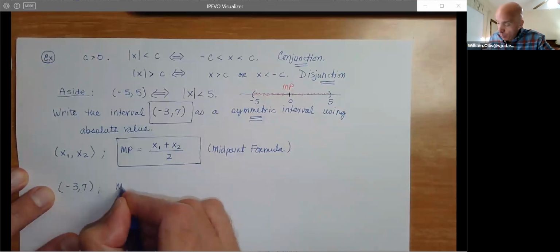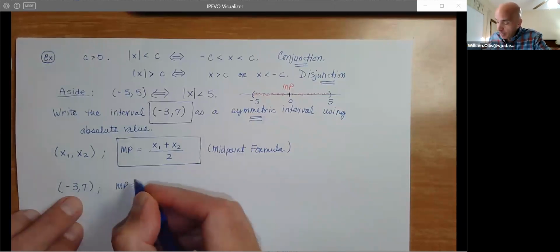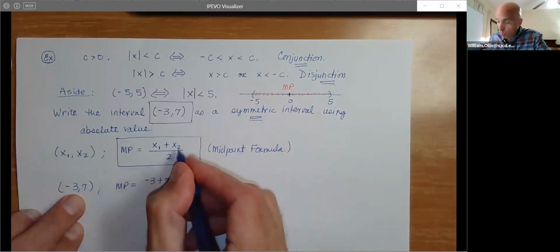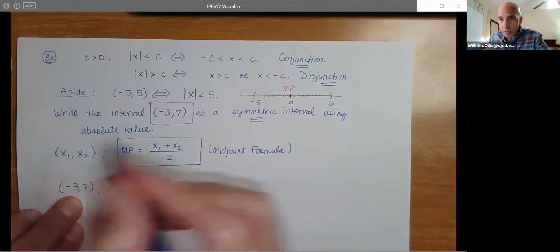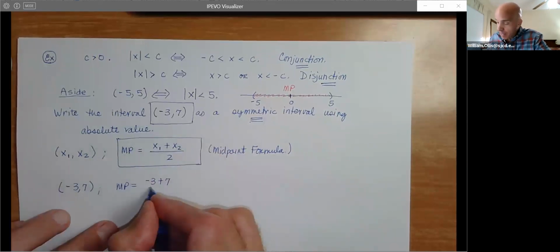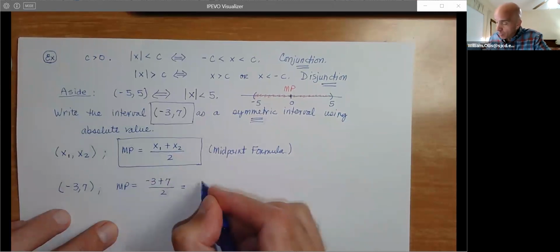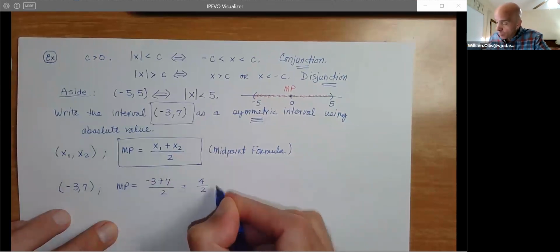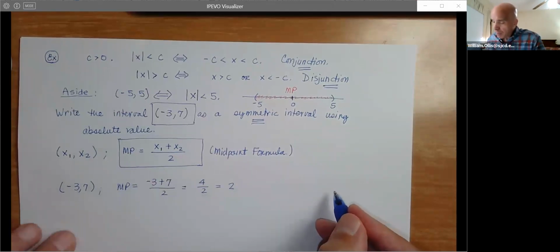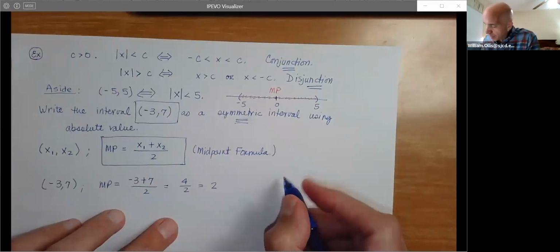We'll say the midpoint will be -3 plus 7. Remember, you just add them. Whatever they are, you add them. Don't do anything otherwise. Divide by 2. Well, that'll just be 4 over 2, which is 2. So that's the midpoint. So now when we think about this,